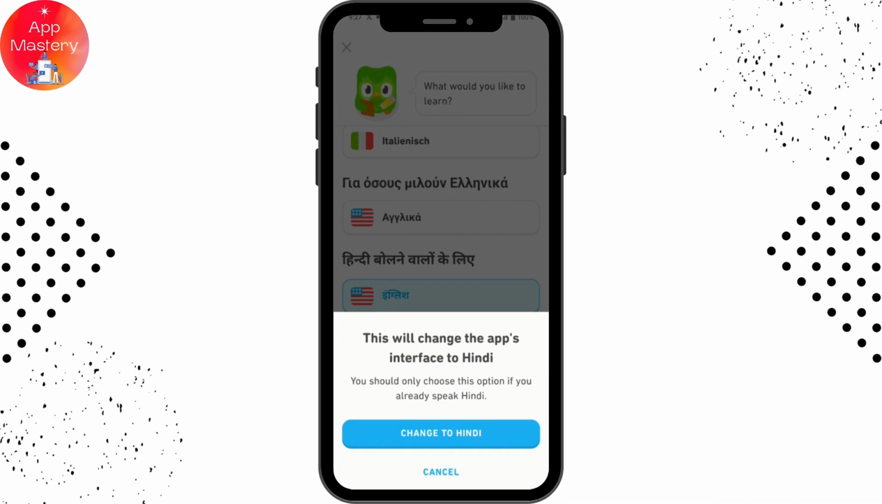So you need to have at least one language that is not English, so that you can choose that language as your app's interface, and then you can learn English with that. So that's how you can learn English language on your Duolingo